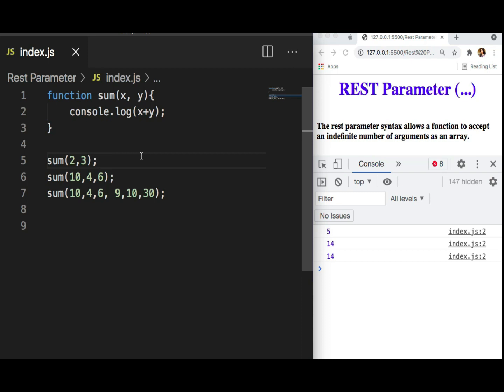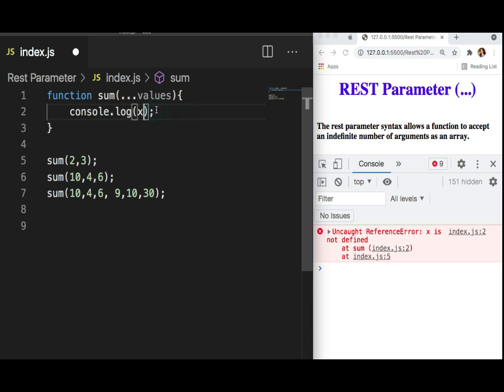So now we can say the rest parameter syntax allows a function to accept an indefinite number of arguments as an array. So instead of holding them in individual variables, we will hold all the arguments in a single variable, and that is an array, with the help of the rest parameter. To convert this syntax into a rest parameter, this part will not change. It will be the same. The only difference will come in the function body. So instead of defining the parameters like this, you can pass one rest parameter here, and the syntax of a rest parameter is three dots and the name of your variable.